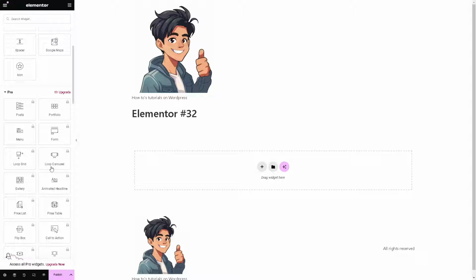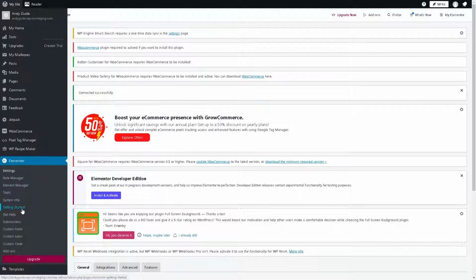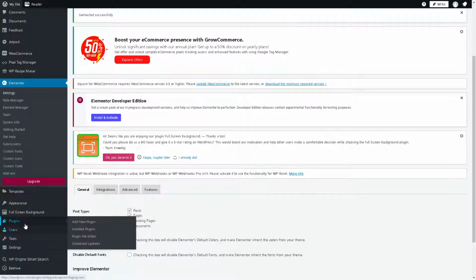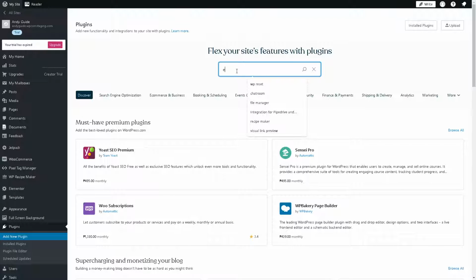Now, once you've set up your Elementor, the next step is we need to go back to the WordPress and get another plugin. So we need to navigate again to the left side panel of our dashboard here in WordPress. Click on the Add New Plugin, and from here, all we have to do is type in something like exclusive